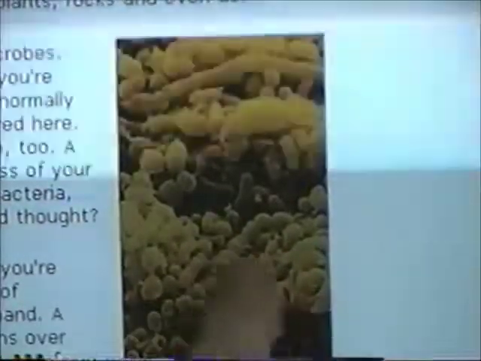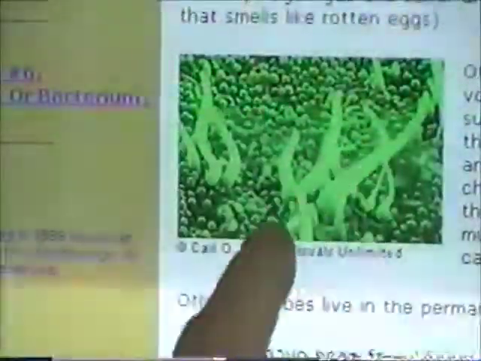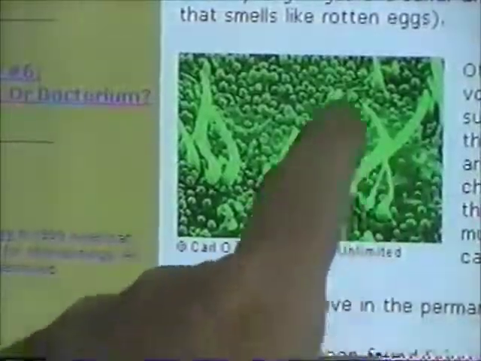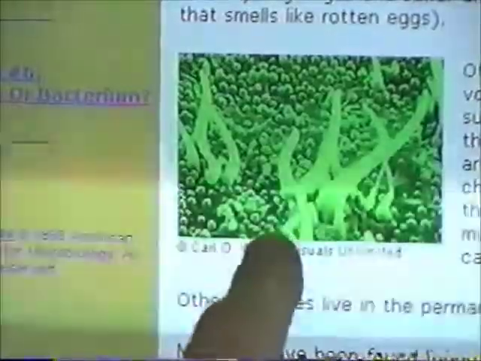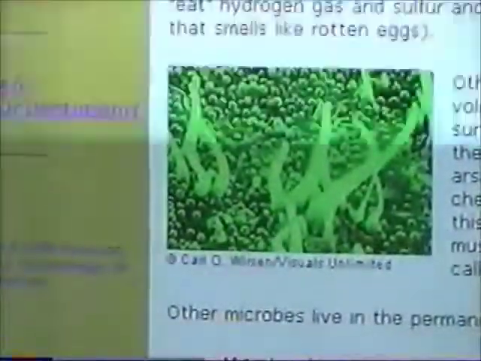Under a microscope, that's an electron microscope, you can see there's actually little worms, and all these little dots and stuff are live bacteria. We're going to go down to other pictures. This is a very close-up shot from the electron microscope. Also, you can see the bacteria can be in the shape of worms, and also these little dots are all bacteria. What's interesting is at this website I found